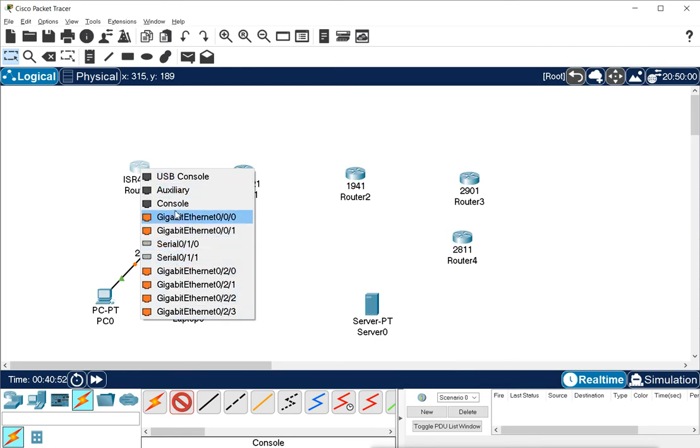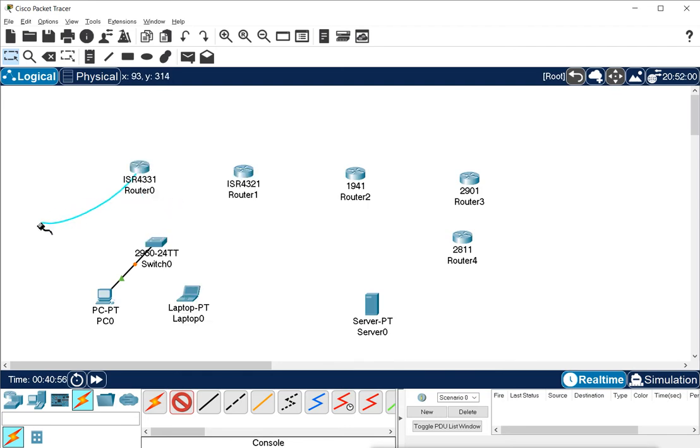I will select the console port, and you can see the color of the cable, and I click on this PC to connect to this serial port. In the same way, you can connect multiple network ports, and these cables are also used for doing the configurations.